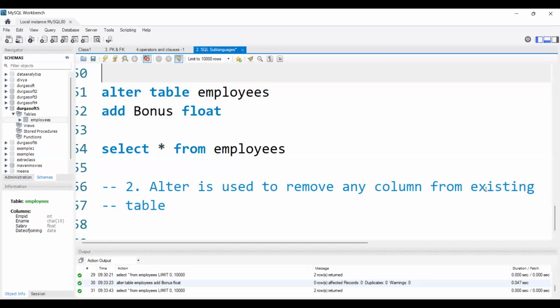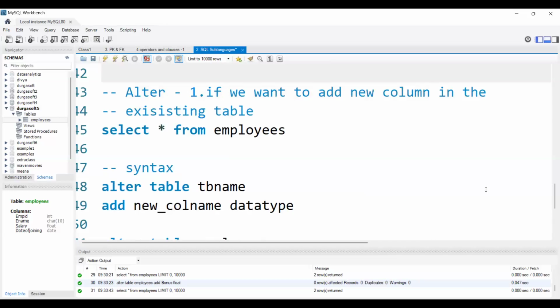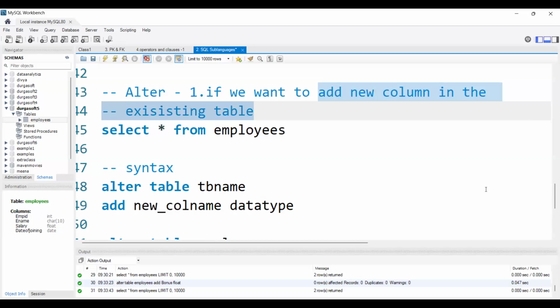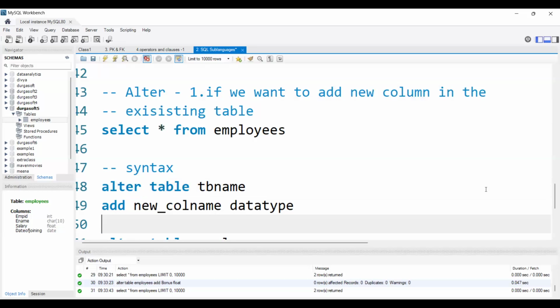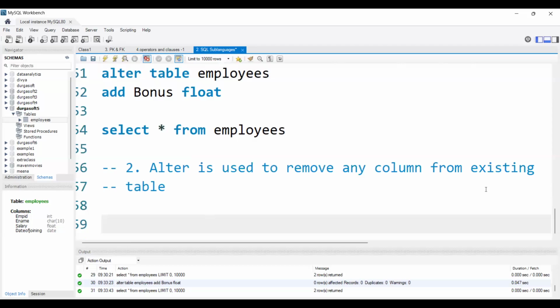If we want to add a new column in the existing table, we will use the alter command only. But again, if we want to remove any existing column also, we will use the alter command only.